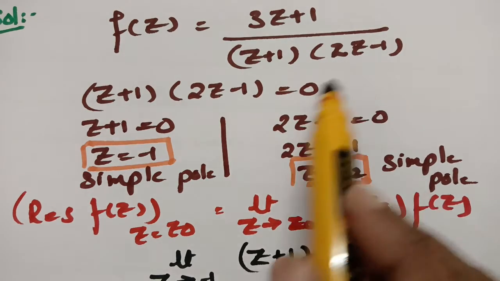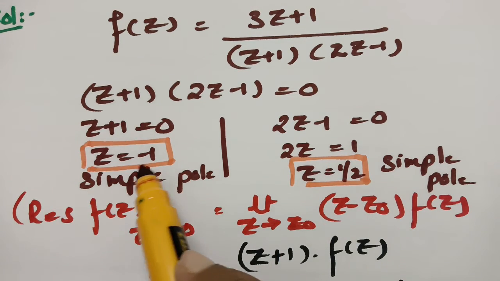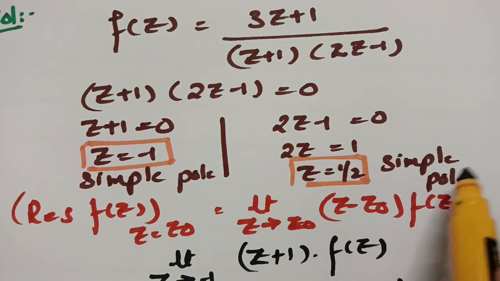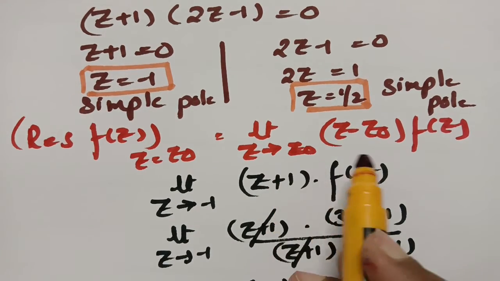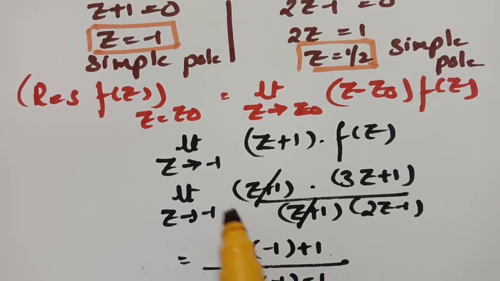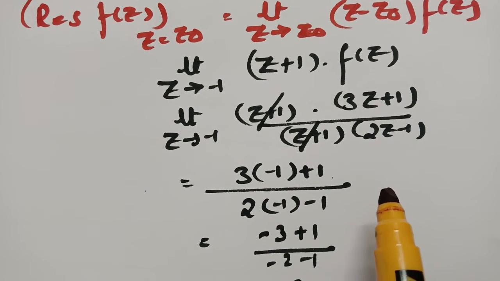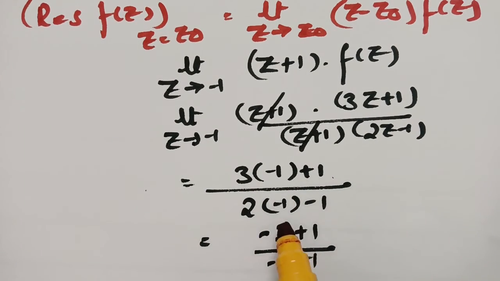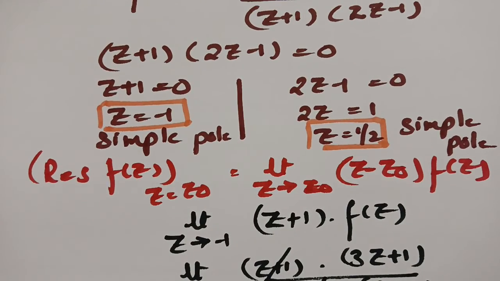So in order to find the poles, we have to equate the denominator to 0, and after equating z plus 1 to 0, we got z is equal to minus 1 is a simple pole, and z is equal to plus half is also a simple pole. So for simple poles, the formula is limit z tends to z naught, z minus z naught into f of z. Here our z naught value is minus 1, and after substituting minus 1 here and cancelling z plus 1 in the numerator and denominator, and substituting minus 1 in the rest of the function, so here z value as minus 1, so this is 2 by 3,